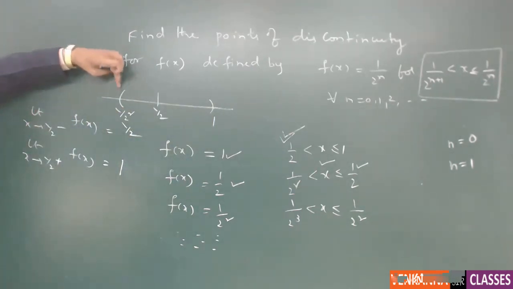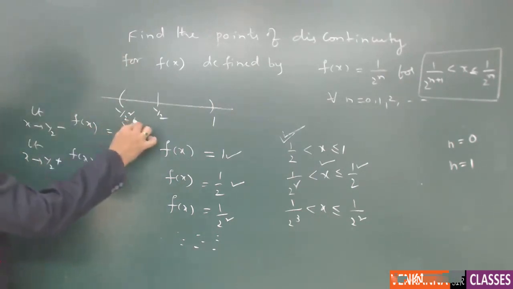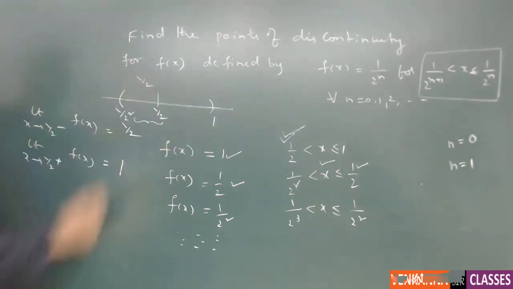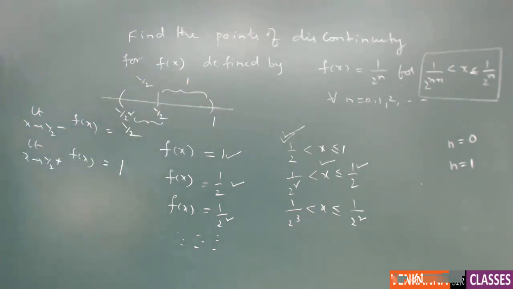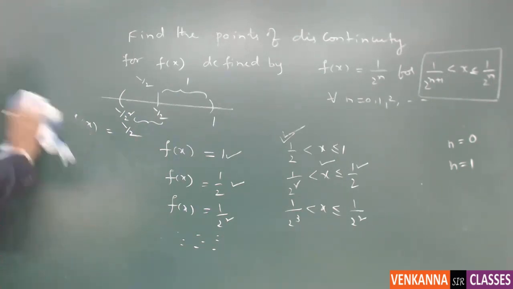So between 1 by 2 square and 1 by 2, the function value is nothing but 1 by 2. From 1 by 2 up to 1, the function value is 1. If you consider the right neighborhood as well as the left neighborhood, the left limit value will be 1 by 2 and the right limit value will be 1. Fine. So in this manner, if you calculate at every bifurcation, you can observe one common thing,